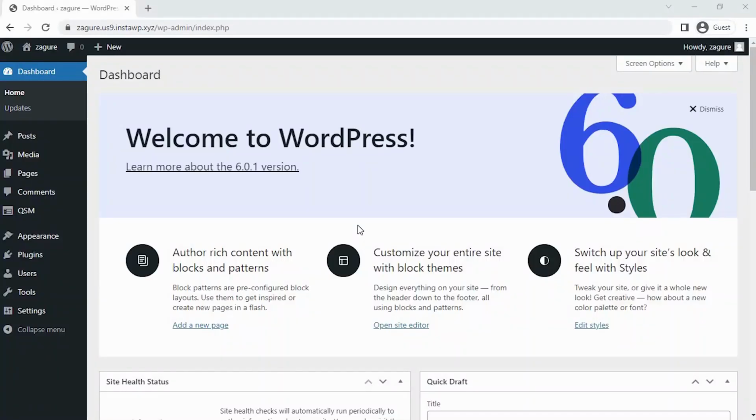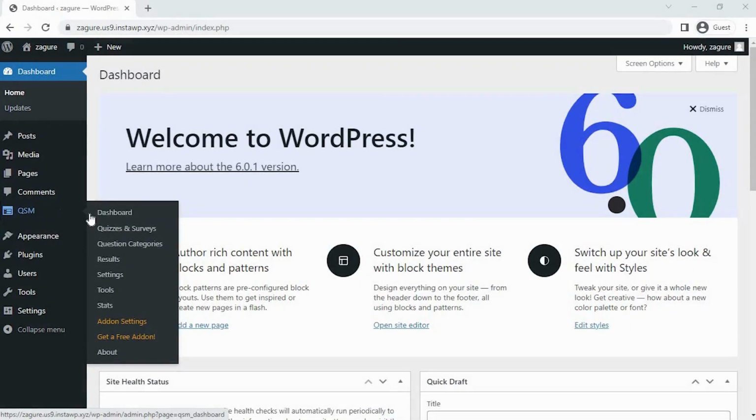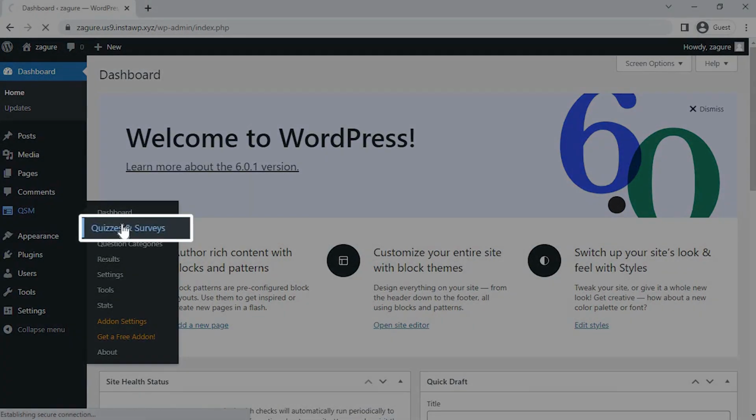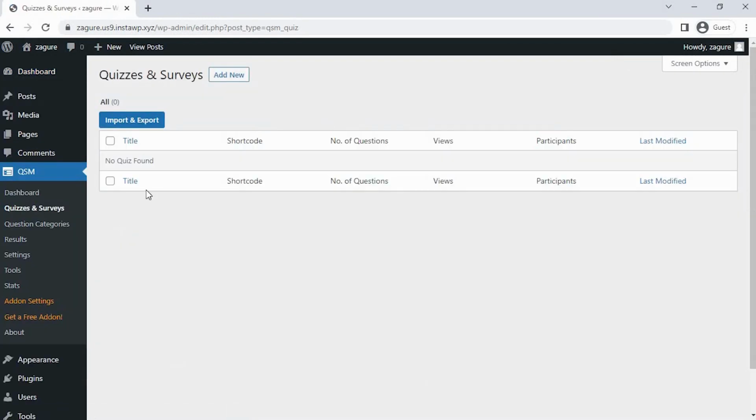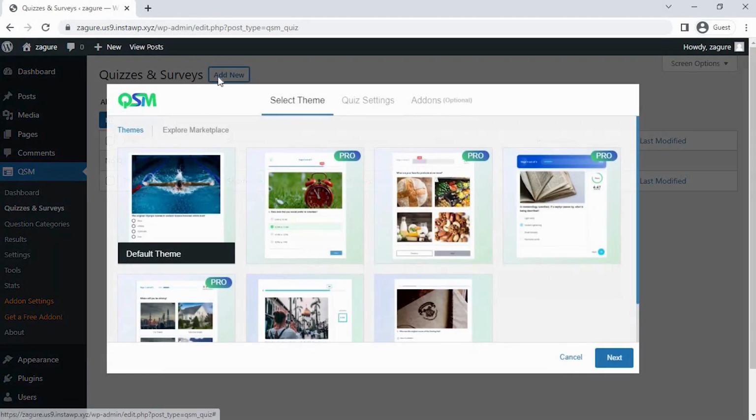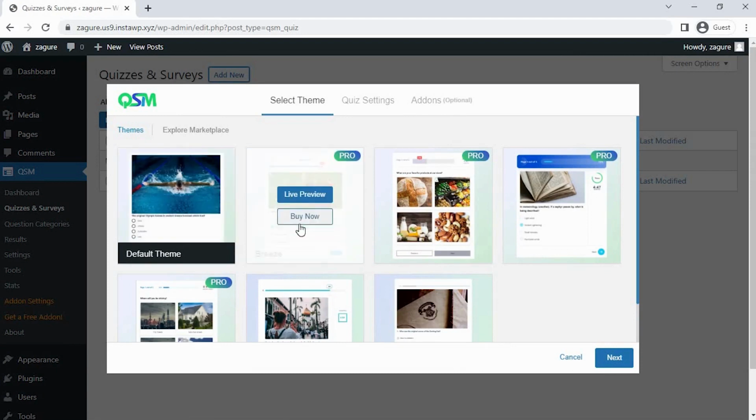I have already installed the QSM plugin on my website. To see how to install QSM plugin in your website, click on the information card in the top right corner of this video. Let's start by creating the quiz. Number 1. Hover over QSM, then click on Quizzes or Surveys. Number 2. Once you click on Create a Quiz or Survey, the first thing we see is to select a